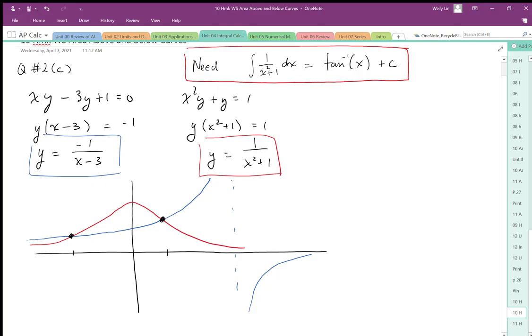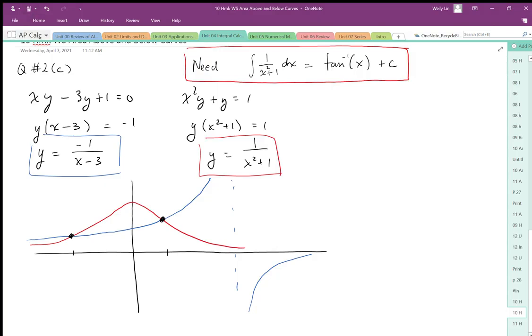So we're going to rearrange the first one by solving for y. Factoring the y, we can solve for y like this. We get negative 1 over x minus 3. Factoring the y here, we get 1 over x squared plus 1. And once we establish those two functions, we can sketch them. So the red function is drawn in red, the blue one is drawn in blue, and we need to establish